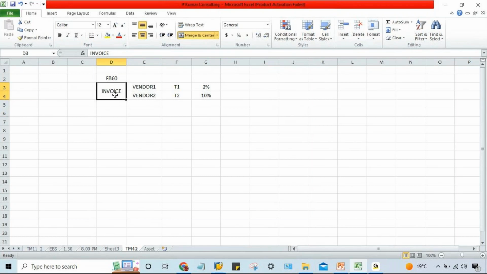the invoice is going to be posted against a particular vendor. So we have to select this vendor. Let's suppose vendor one or two. The vendor code will be there, right? So you have to select a particular vendor. If you have selected this vendor for an invoice posting of 1000, right? Then what will happen? On this 1000, SAP is going to deduct 2% TDS initially itself. At the time of invoice posting itself, TDS is going to be deducted, right?